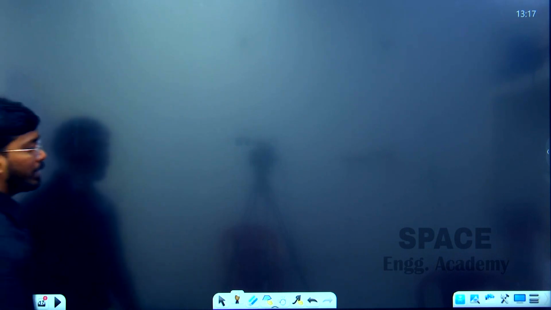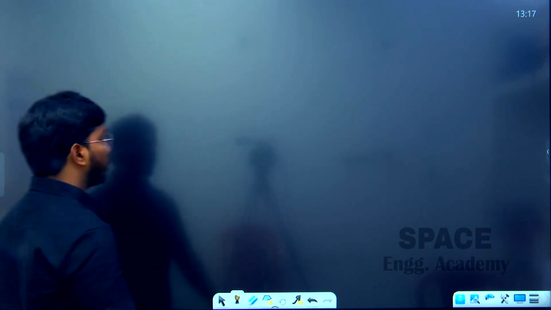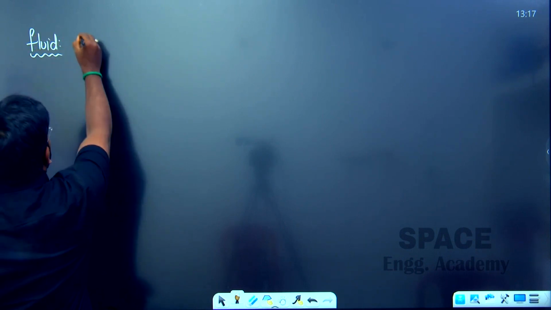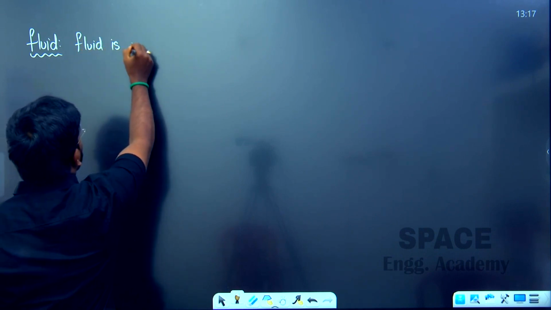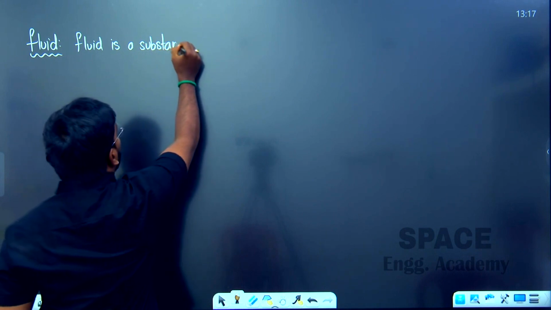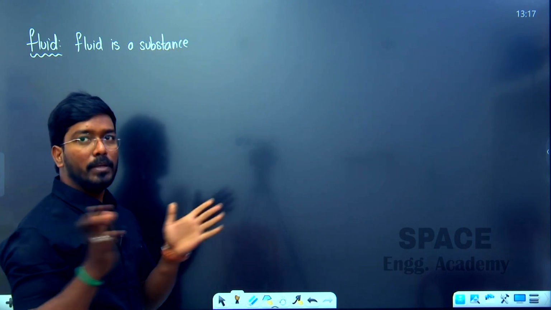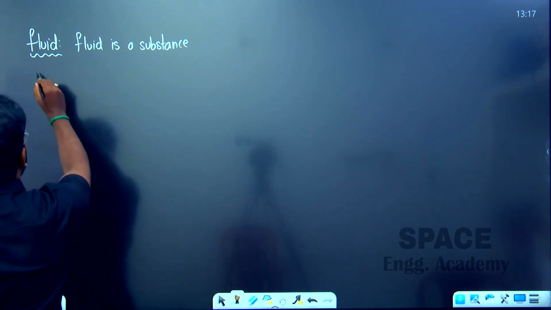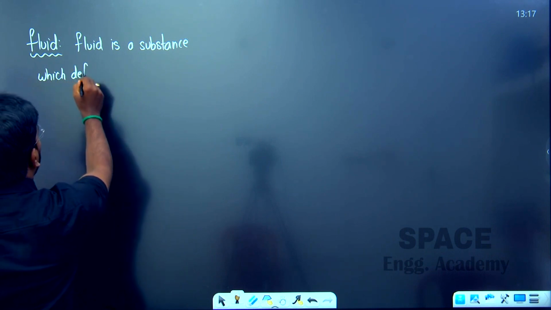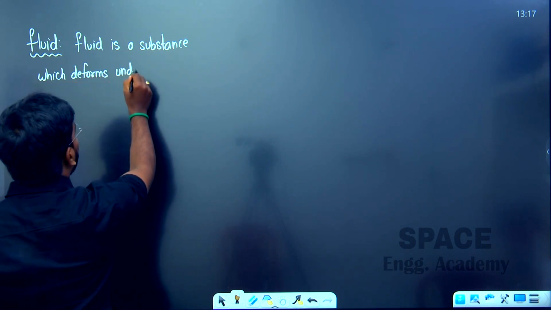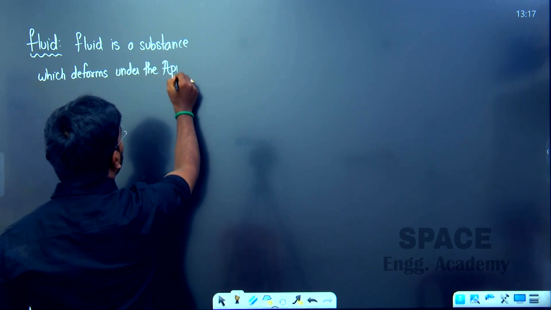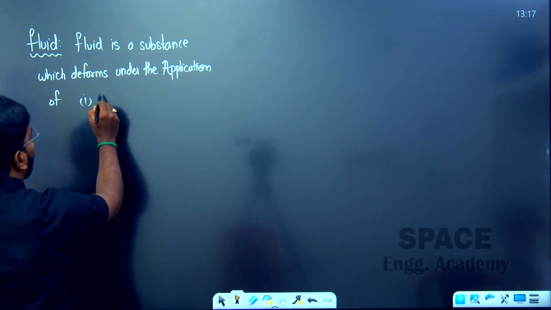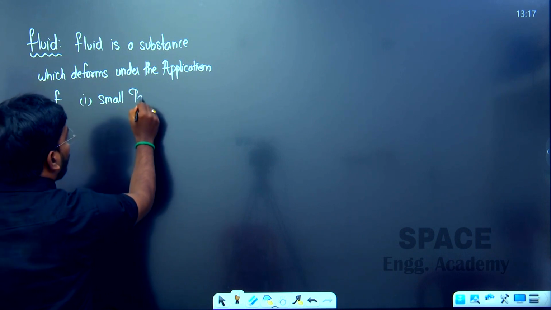If we move on further, what is the actual meaning of fluid? Okay, fluid, this is a very important definition. Fluid is a substance to which if we apply a tensile force, it's not going to deform. Compressive, you cannot compress a liquid. Then what we need to apply are shear forces. Fluid is a substance which deforms under the application of small tangential forces,